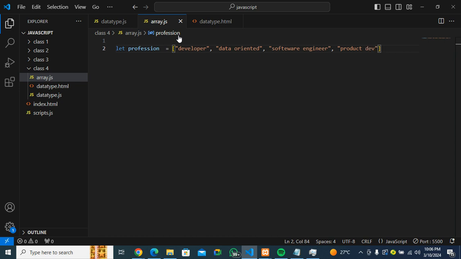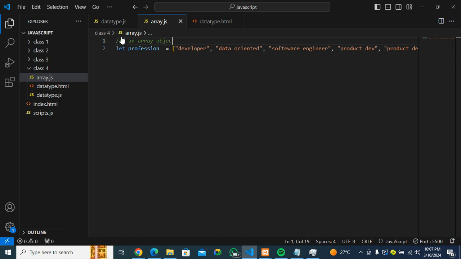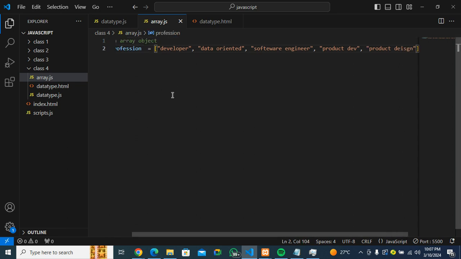Product dev, product design. So this is how you can create an array object. So here we have an array object. So like I told you earlier,